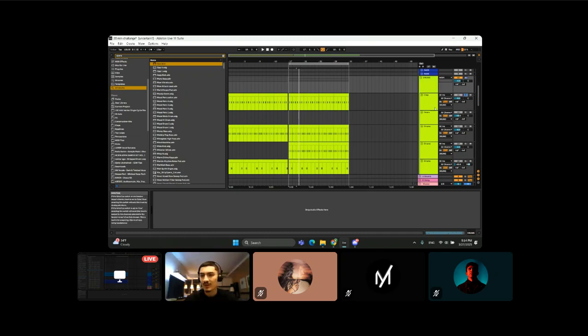You need to have a clap. Then you need to have some closed hi-hats, then open hi-hats. And these are basically two drums, and when a drummer kicks it, it's closed, and it